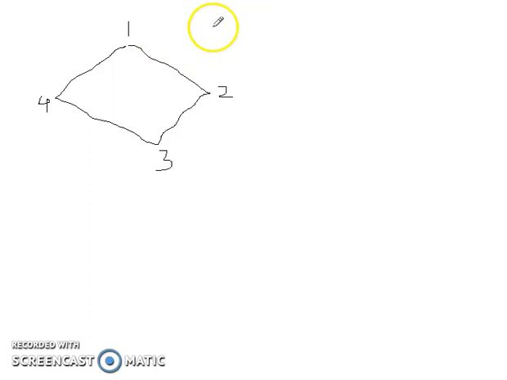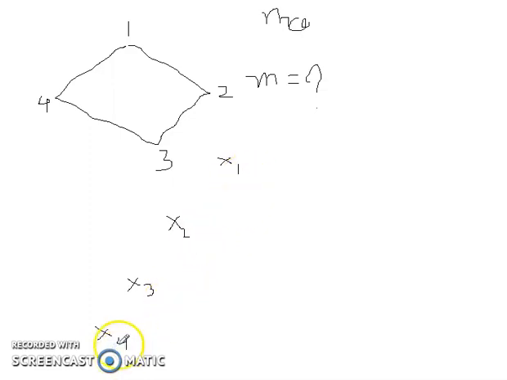So there are 4 nodes and I have m colors. Since this is an m coloring problem, I have m number of colors and I have to find out what value of m is going to satisfy the coloring of this graph. Now since there are 4 nodes, I will have a tree of depth 4. So x1, x2, x3 means third vertex color and x4 means fourth vertex color. So I will have 4 levels in the tree.